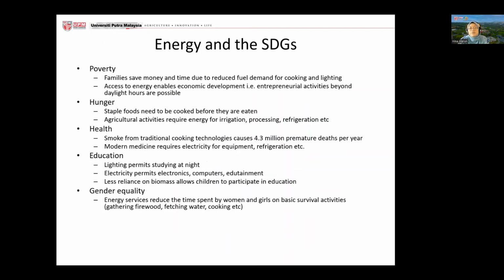Okay, so if we look at energy and the SDGs, where it actually links. Poverty: families can actually save money and time due to reduced fuel demand for cooking and lighting. This is if they have the energy access. If they don't, then they will need